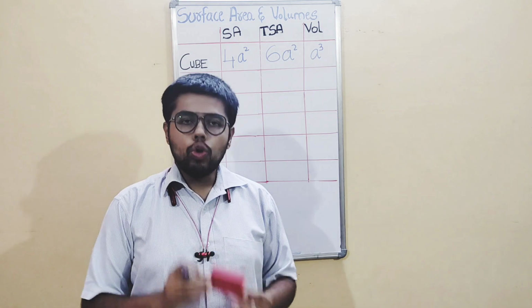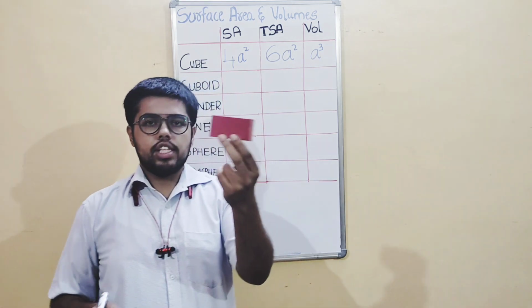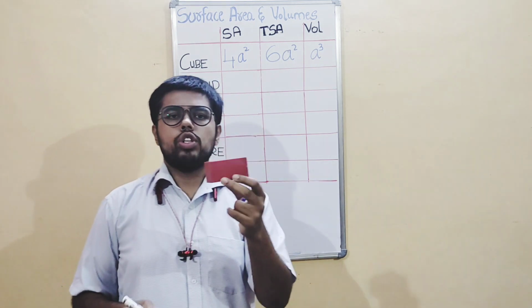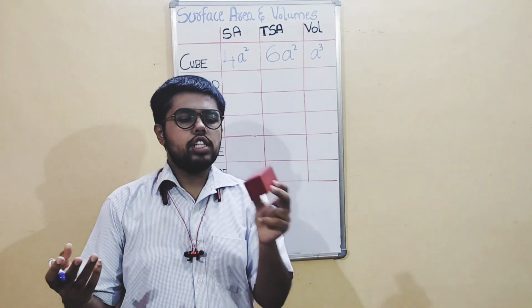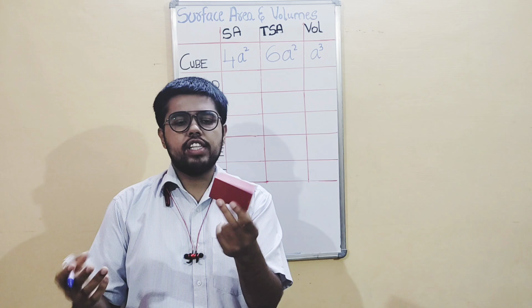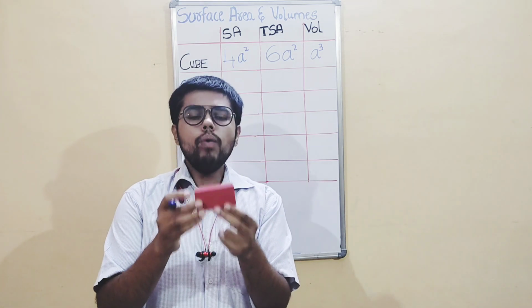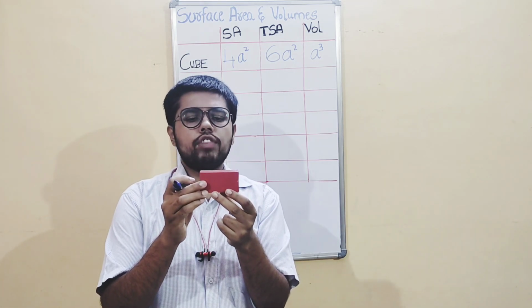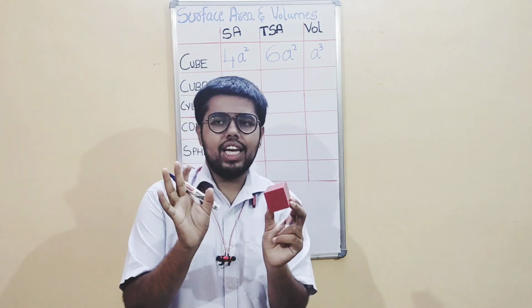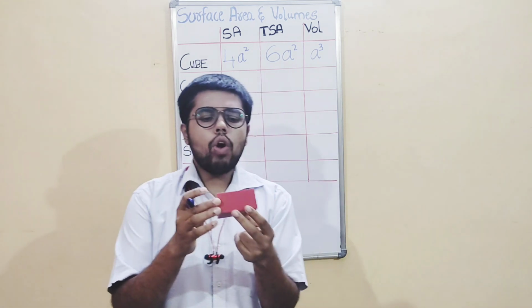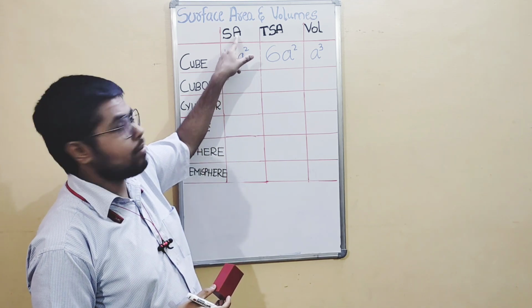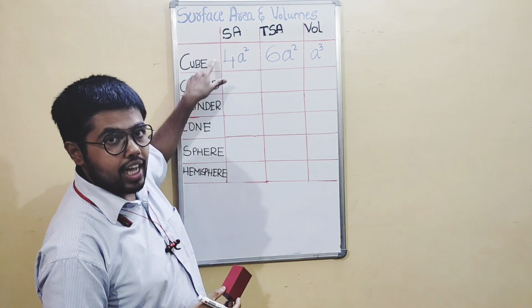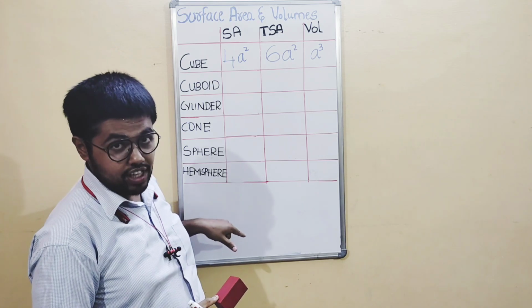A cuboid is again, okay, see, this is a cuboid here. Most of our chalk boxes or our room, everything is a cuboid shape. A cuboid also has 6 faces. If you see it very carefully, most of the time all the faces are rectangular in nature. Now, first coming to the lateral surface area, I just wrote SA here. I told you already, this one has LSA, the cylinder has CSA, curved surface area.